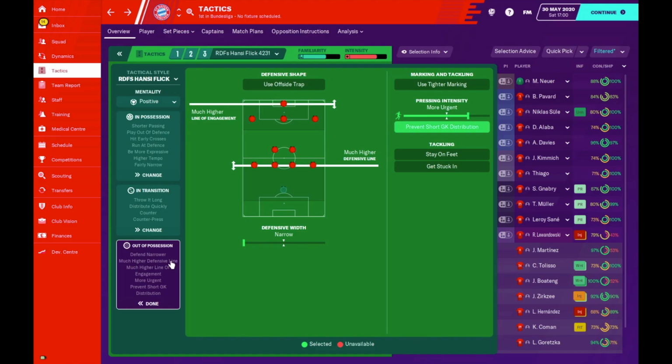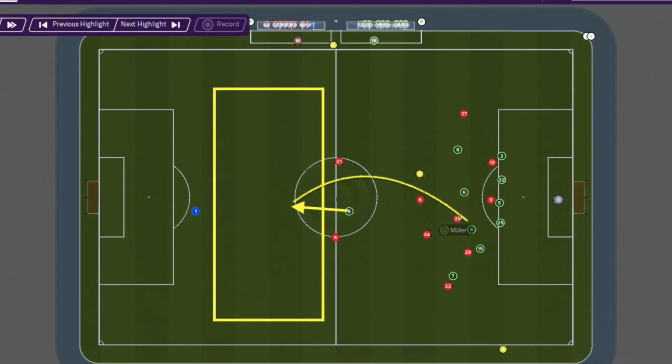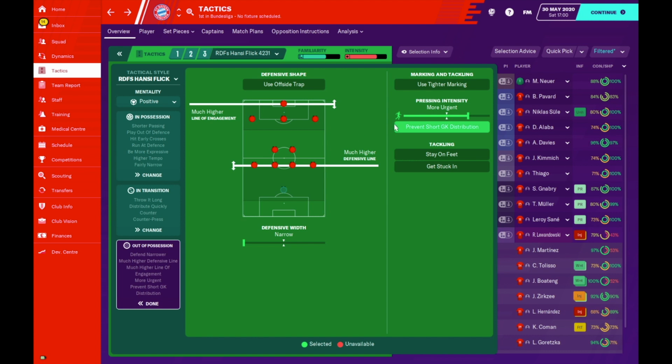It is very possible for the opposition to get the ball between our defense and the goalkeeper, and that can be a flaw and a weakness, but it's a huge risk Hans Flick takes, and it's a huge risk that has paid off for him. Our pressing intensity is more urgent. The gegenpress preset